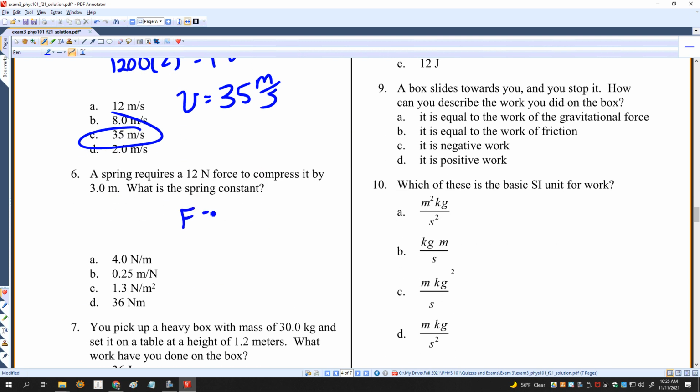A spring requires 12 newtons to compress it by 3 meters. Since I know this is true, I can find the spring constant. That's